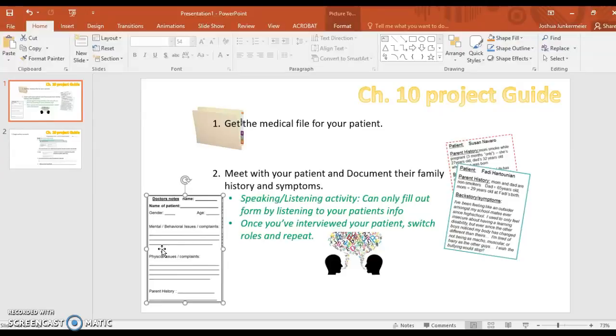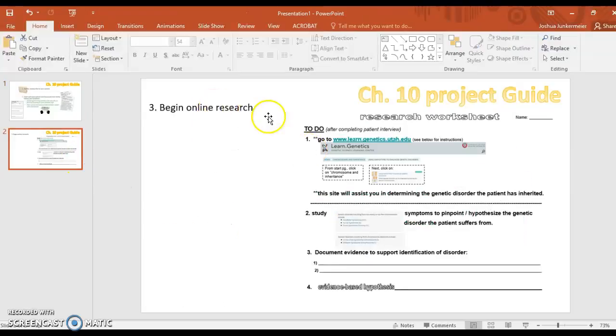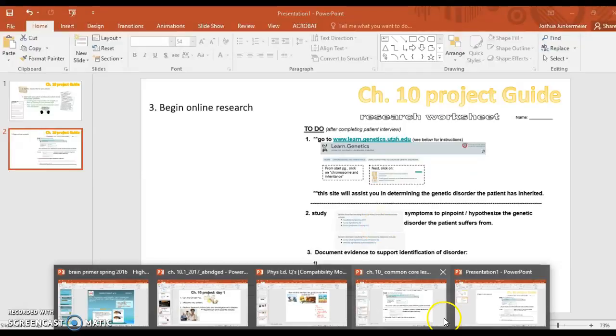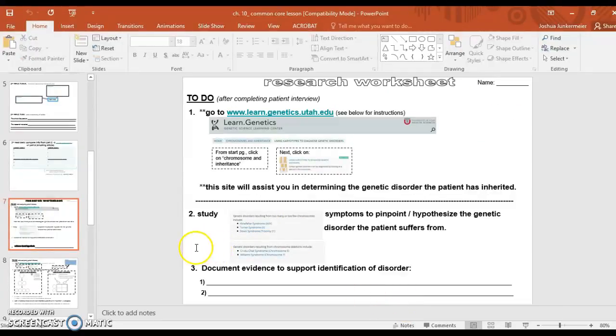Once you have the information from your patient's family history and their symptoms and complaints, you take that information that you listened to and wrote down on your form here, and you need to then begin your online research, which is, the goal is to basically try to identify their disorder. Anytime a patient comes to a doctor with complaints, the goal is to identify what the patient is suffering from. So your goal is to find out what the genetic basis is for your patient